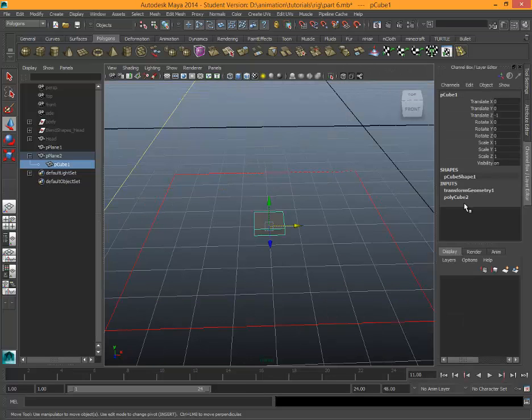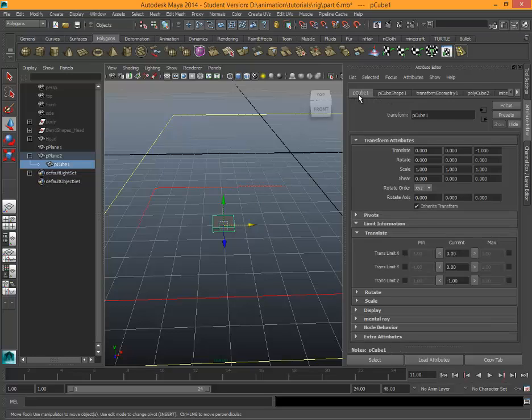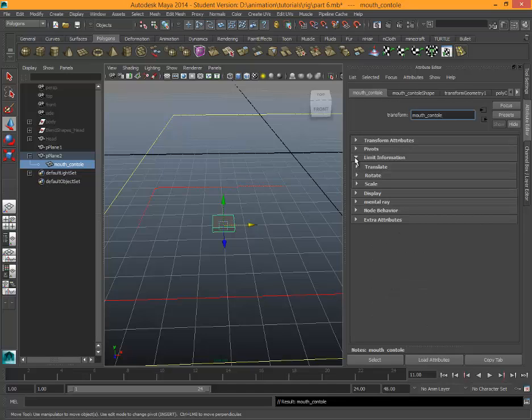So yeah, then we go to attribute editor for the small one, get the slider, go to attribute editor, go to pCube. I like to rename this to mouth control. There we go, mouth control,